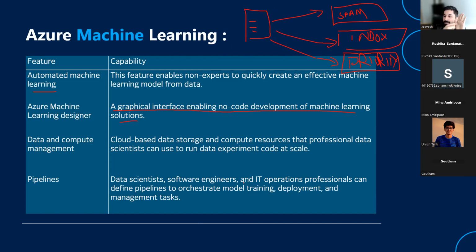If something seems normal, put that in inbox. If something contains words like urgent, to be done, to do, or something of that sort, put that in priority. If something involves money, put that in priority. If something is from Facebook, LinkedIn, Instagram, put that in social. If something is from, let's say, your bank, put that in the finance folder. So you could have that sort of segmentation, and you could design your own solutions by using the machine learning designer.